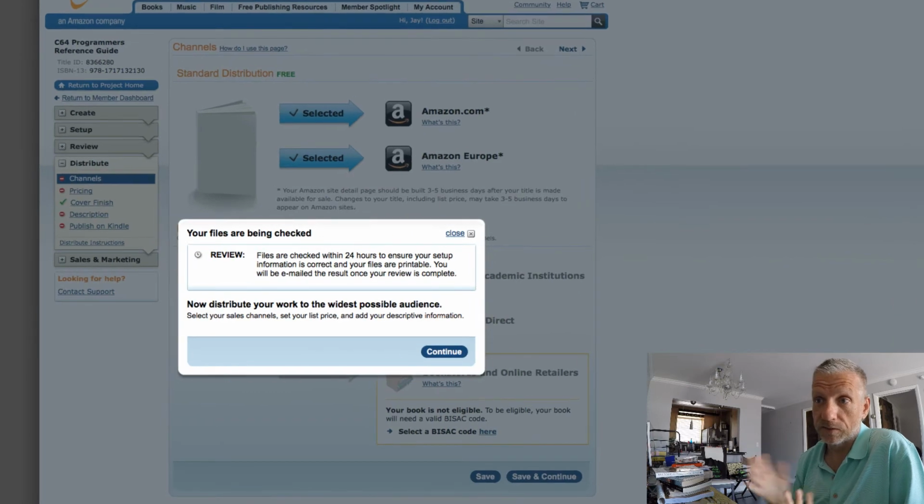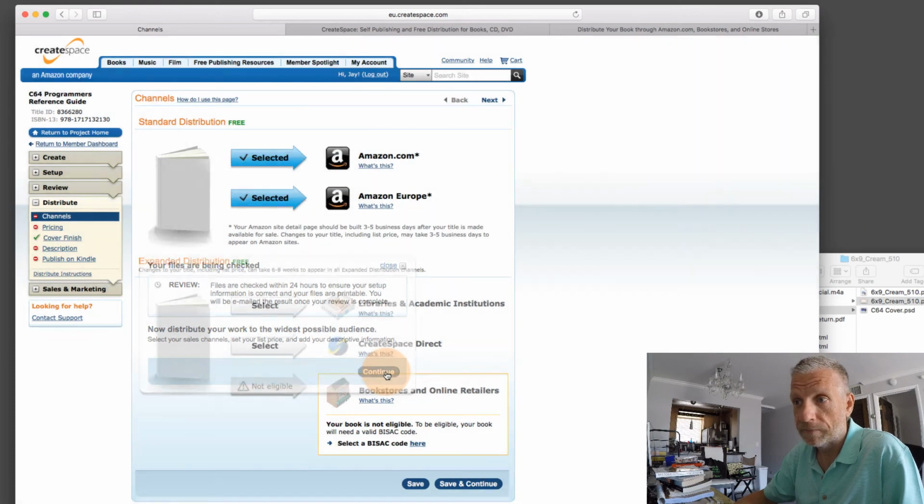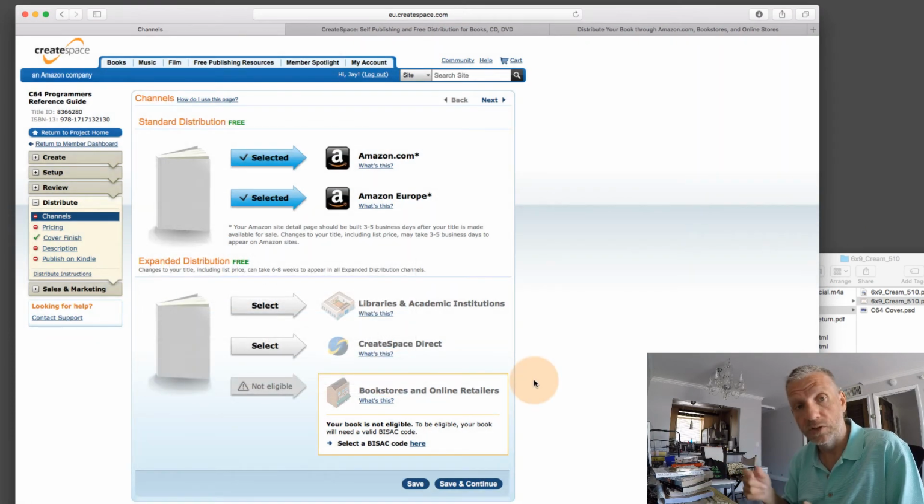And that's one of those things. It'll say here that files are checked within 24 hours to ensure your setup information is correct and your files are printable. You'll be emailed the result once your review is complete. And it is at that point that you have to approve the thing that they've made. So you can do that either digitally, or you can order a print copy of that which says proof at the back. Or when you do it digitally, you just basically approve it right away,